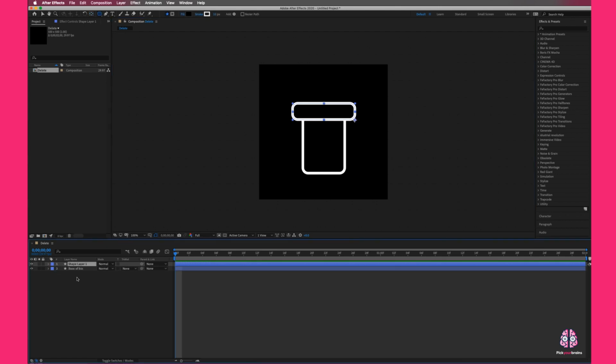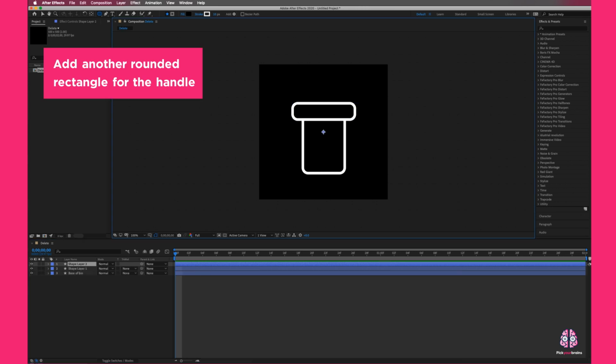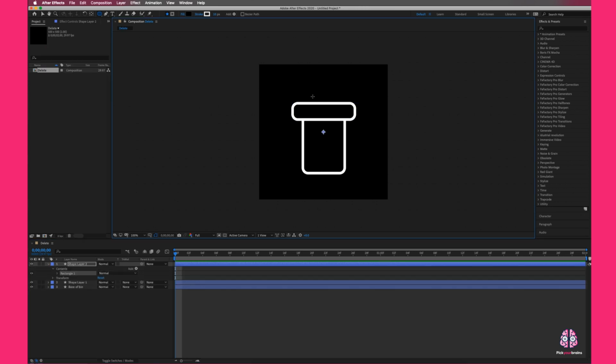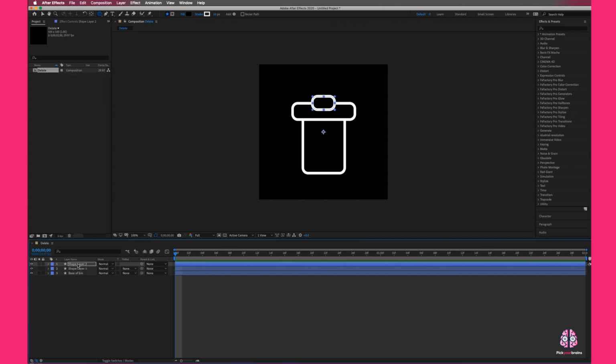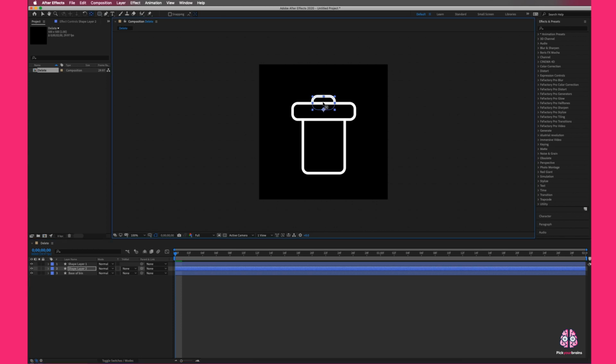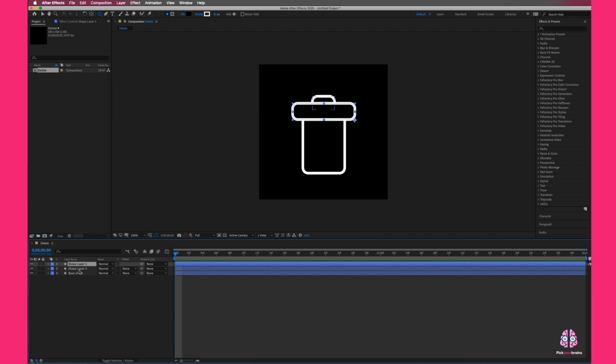Now we want to add another shape layer, which is the handle of the bin. Let's add that in. Doesn't matter whether you have a stroke or not because we're going to send the layer to the back anyway. And anchor point, just for habit, move it up. And what we're going to do now is just parent this to the lid of the bin. So it means whatever movement we make to this, the lid here,